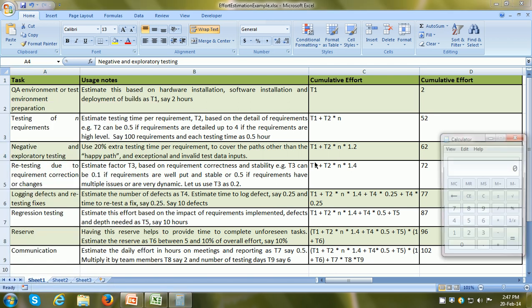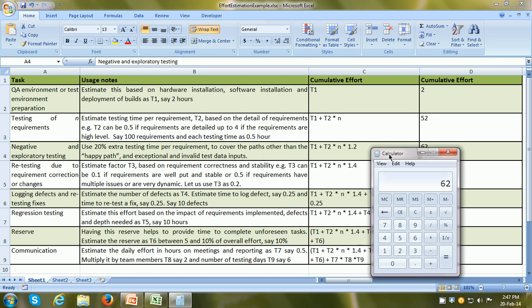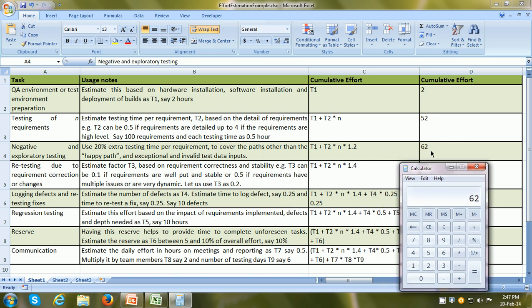So for every requirement we have 0.5 hours, and we are going to add 20% for negative and exploratory testing. So this gives 0.6 hours per requirement into 100 requirements is 60 hours plus 2 hours for the test environment preparation. So our running total so far is 62 hours.